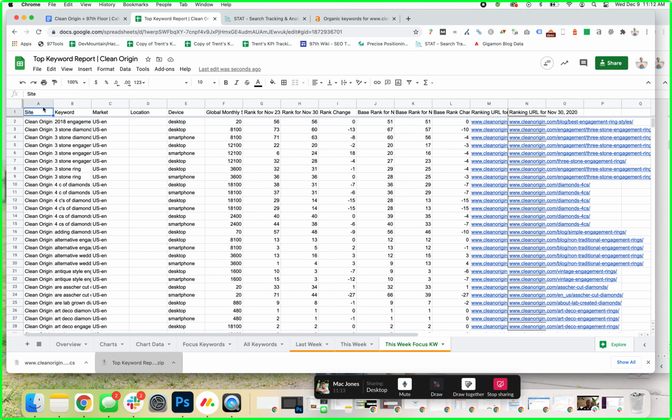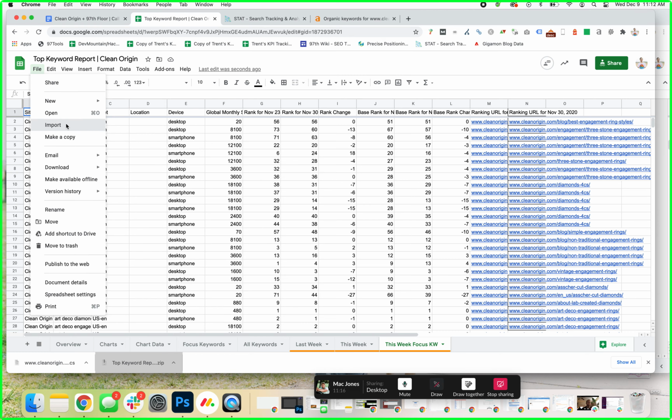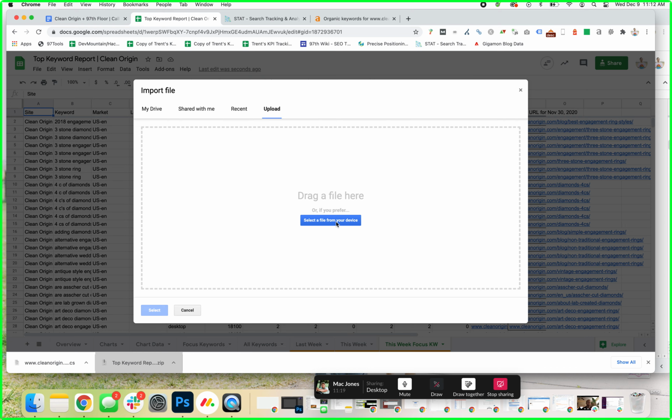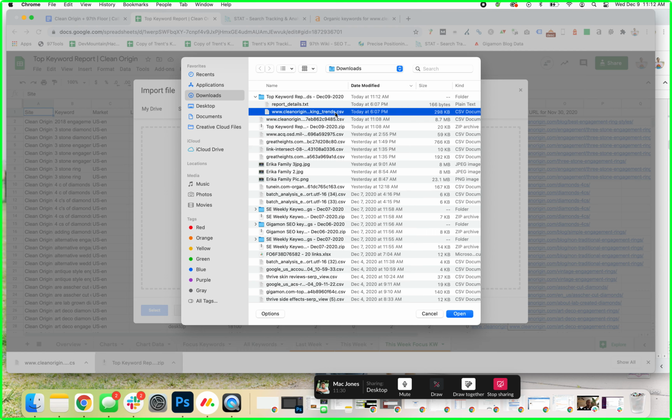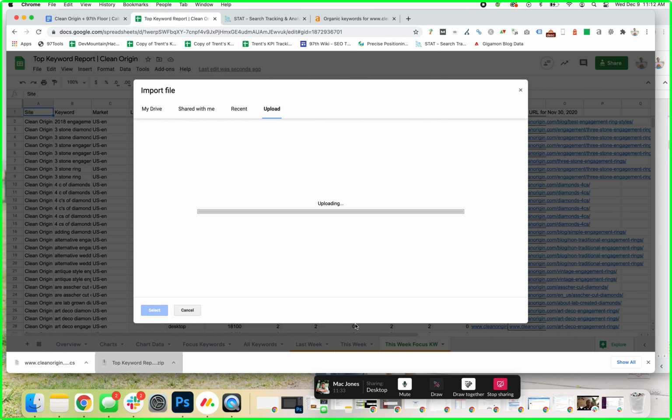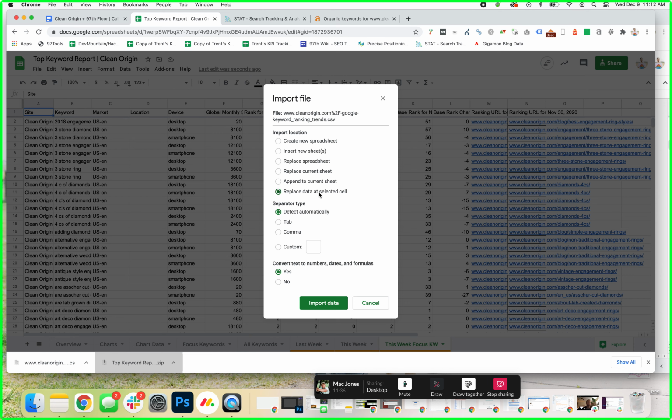Cool. Now it's unzipped. File, import, upload from the device. All right, there it is. You find the CSV within that zipped file, not the text, but the CSV. And when I upload that, we then select replace data at selected cell, because again, we don't want to replace a spreadsheet. We don't want to create a new spreadsheet. We just want to replace everything that's existing with the new data that we have. So if we hit replace data at selected cell and hit import data,